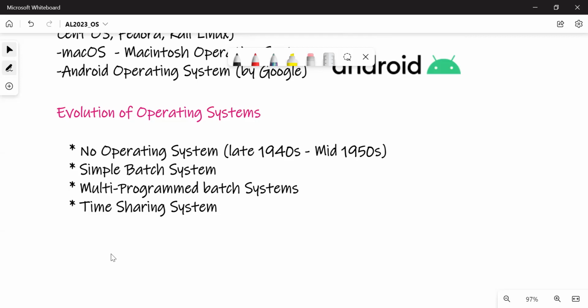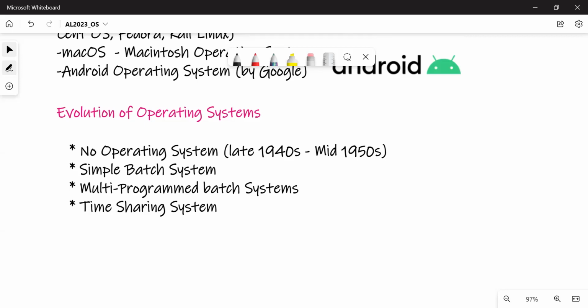So we didn't have an operating system between the 1940s to the 50s. Then we had what we call the batch system. When we say batch system, what happens? You have a set of programs. We put it as a kind of batch, and then we execute. So that's why we said batch processing sequence.